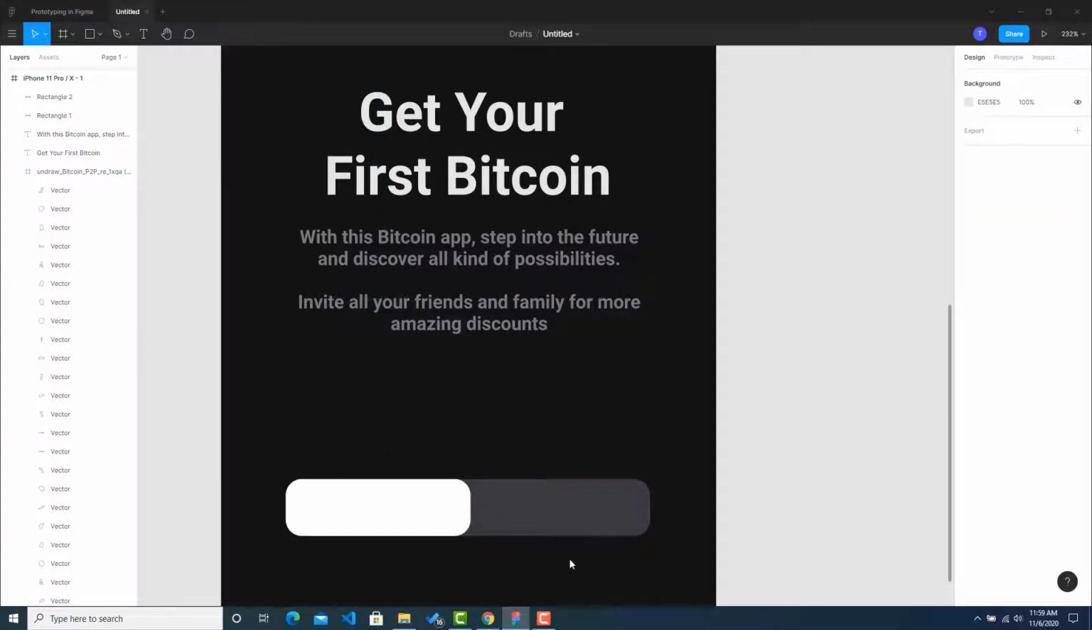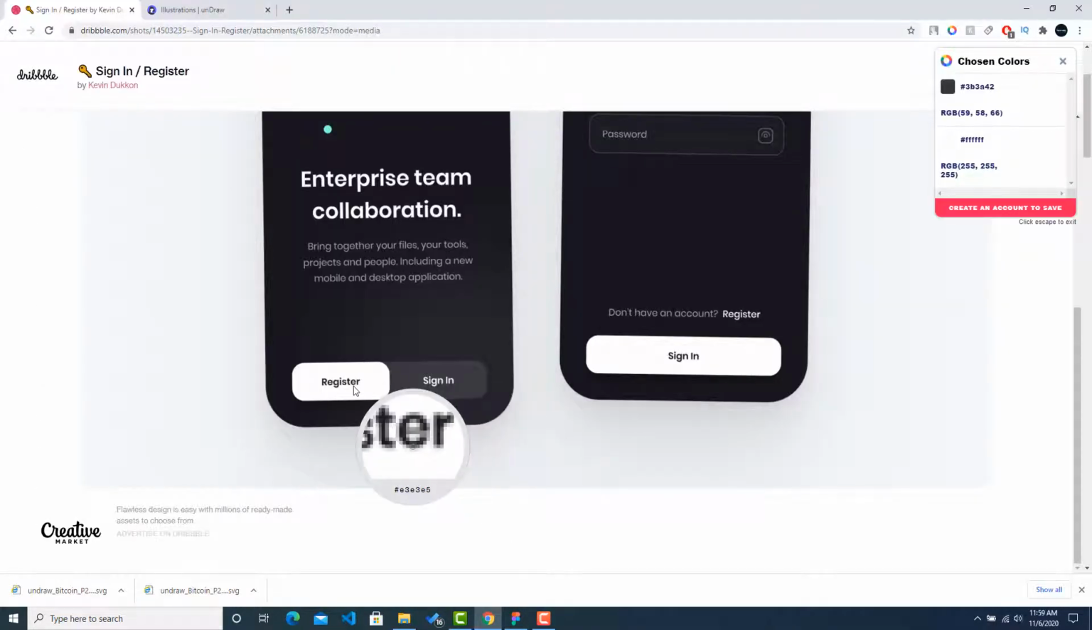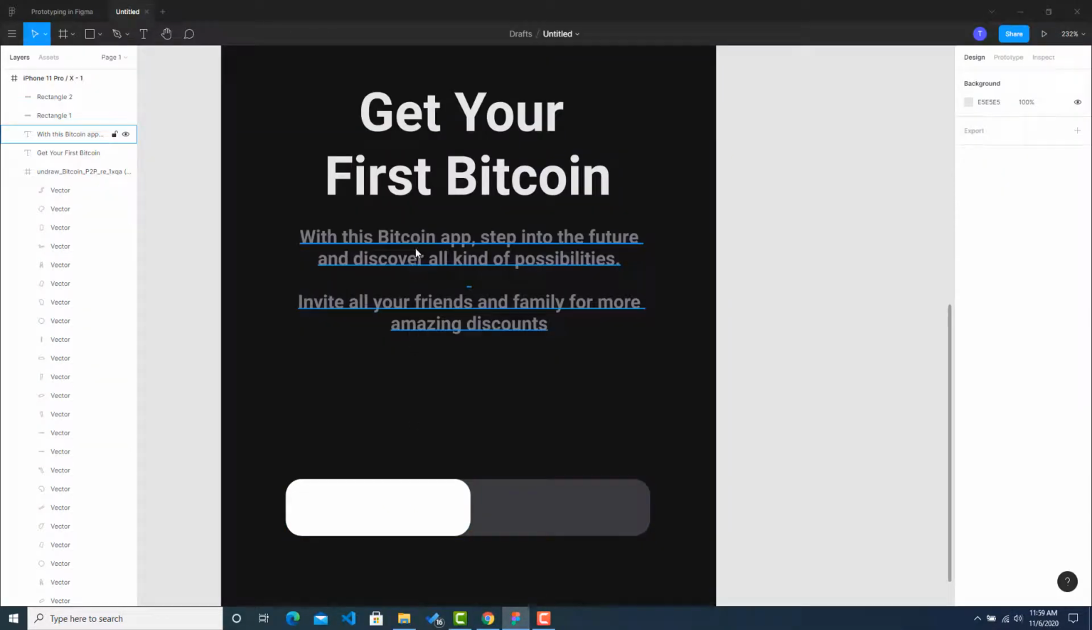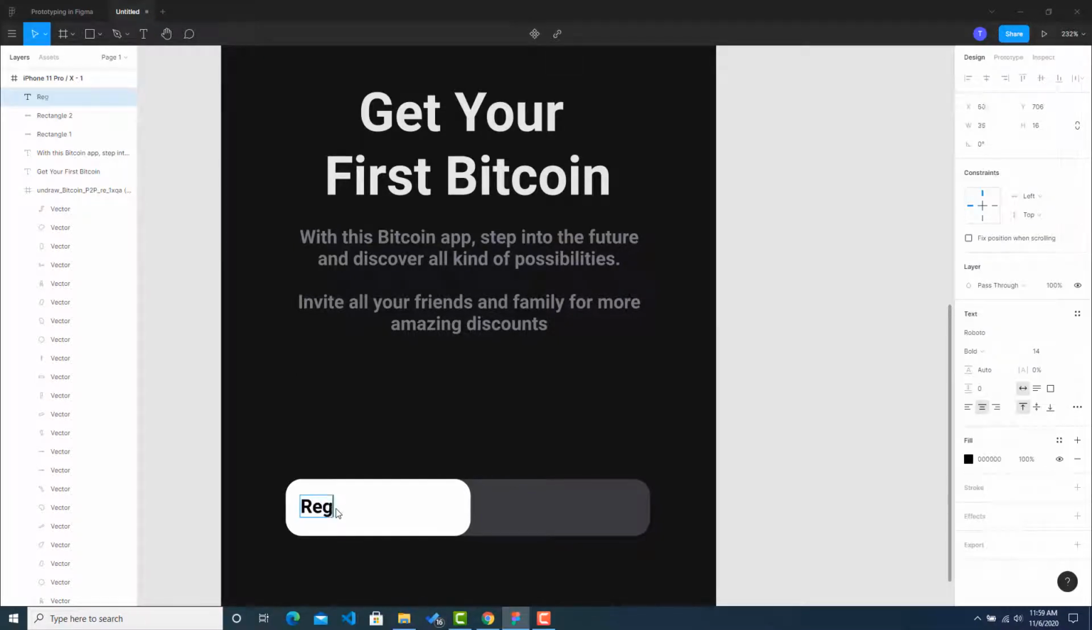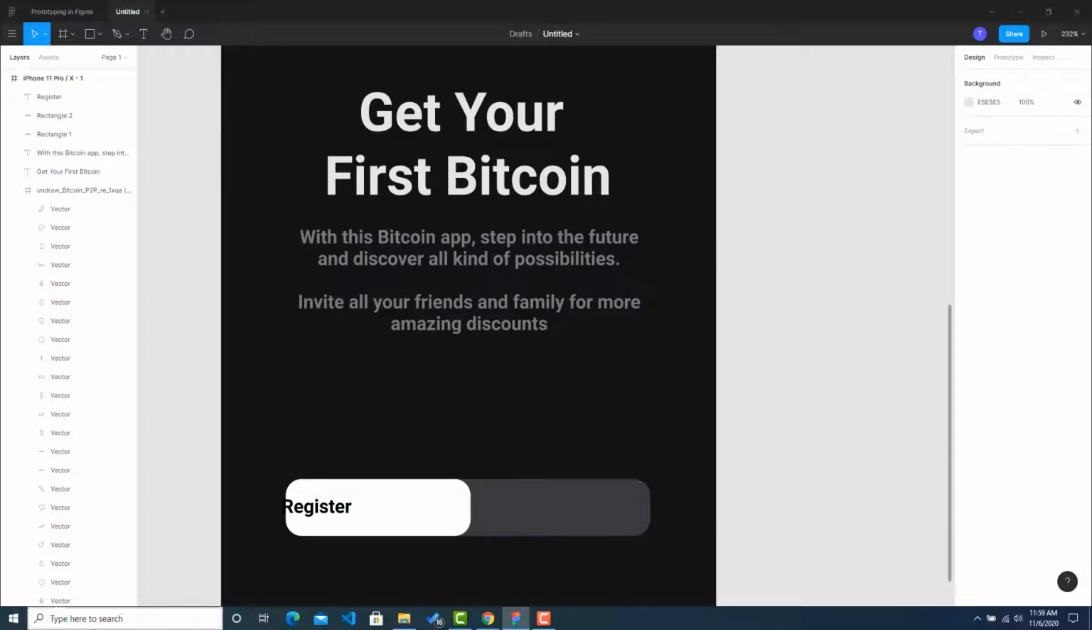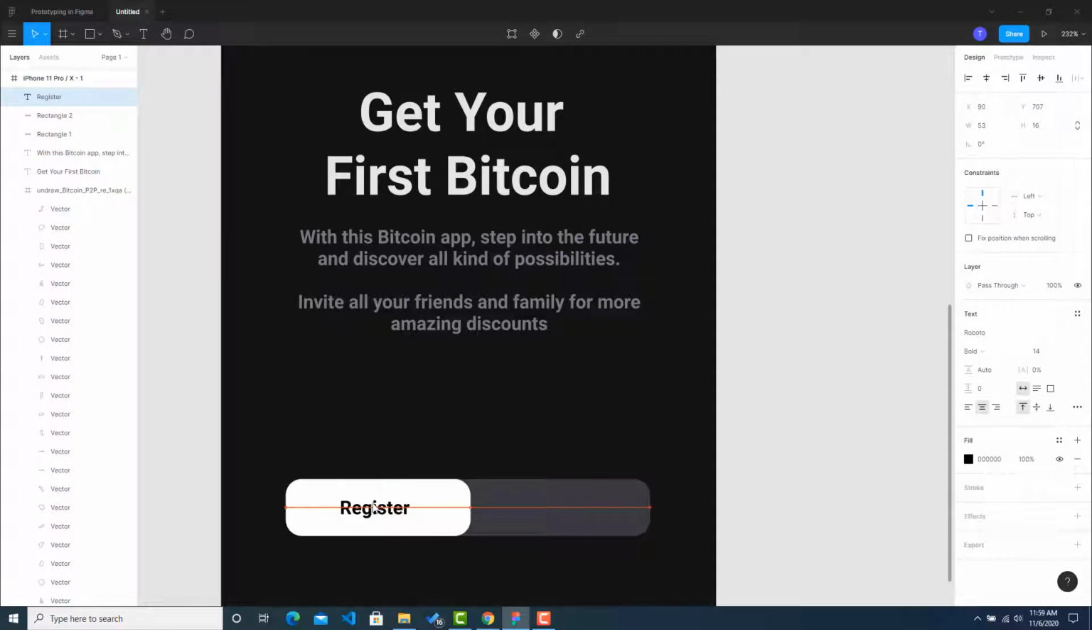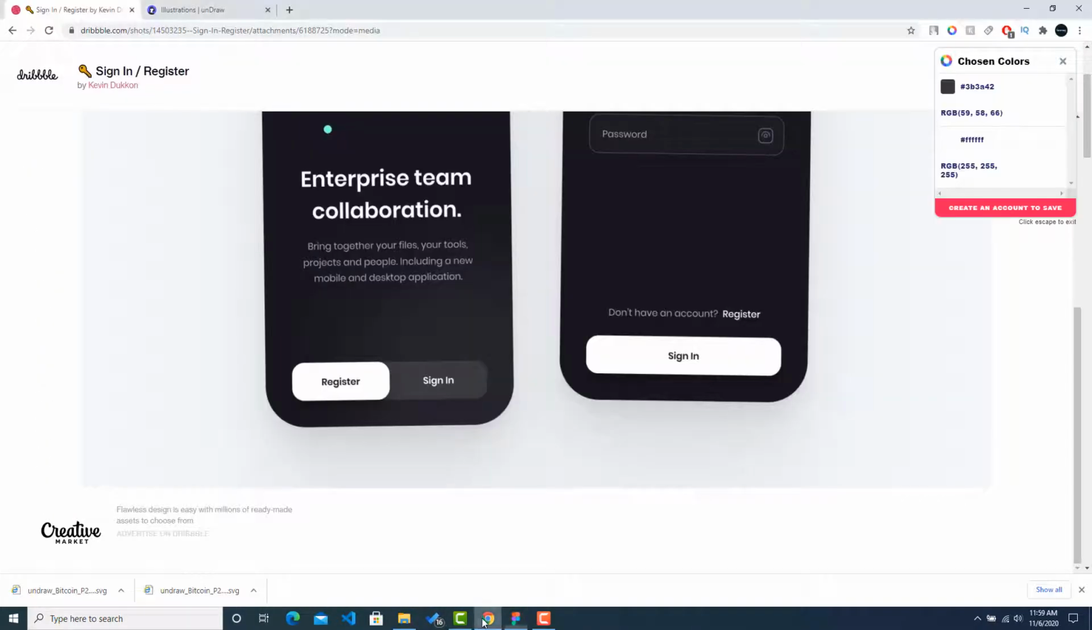So this one says register and this one says sign in, and let's just write it first. So register, copy and paste, and this one will be sign in. Sign in. Okay, the color of this one is